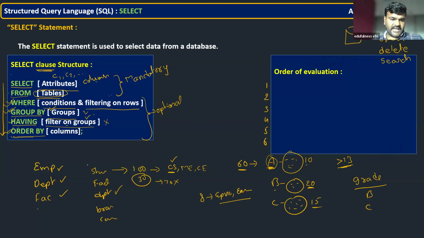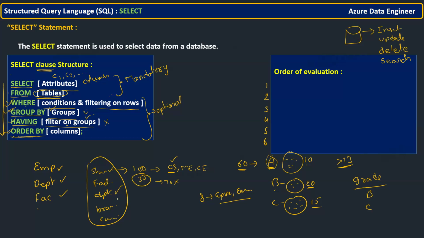Okay. You have a set of papers in front of you. One paper has student information, faculty information, another paper department, another paper branches, another paper courses, like that. Somebody asked you, tell me how many departments are there in your college. What is the very first thing you will do? You will select your data.